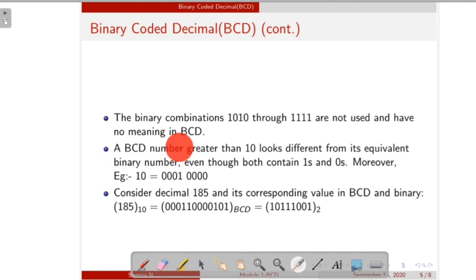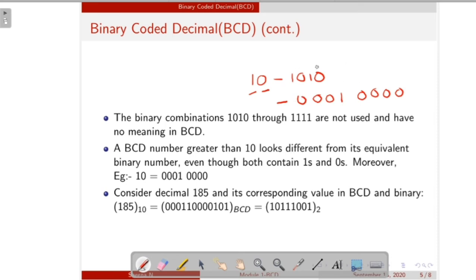So a BCD number greater than 9 looks different from the equivalent binary number. In the case of a binary number, 10 is represented as 1010. But in BCD, 10 is represented as 0001, that is the 4-bit binary of 1, and 0000, that is the 4-bit binary of 0.